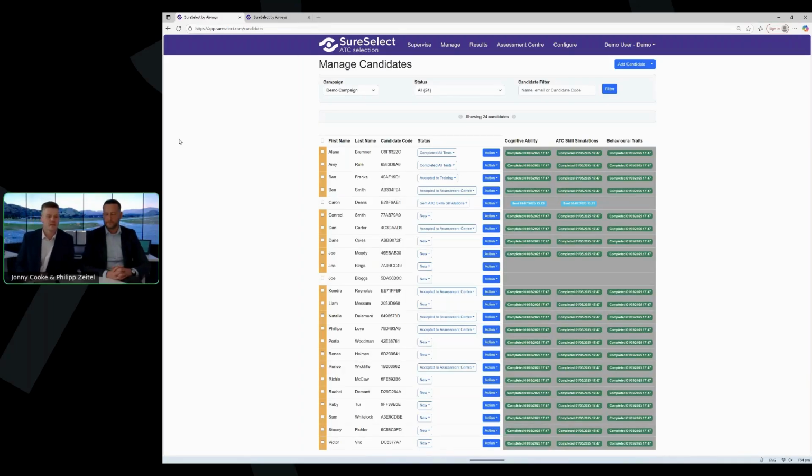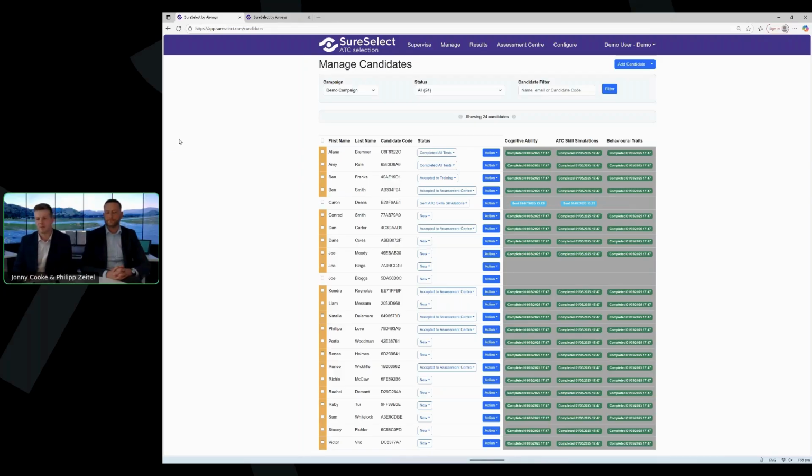We'll start on just our managed candidate screen here. So, I talked about automation. That was a really important part of this. So, we can put up an online form where people register their interest, and they can then, assuming they accept the terms and conditions, you might have some initial criteria that they need to meet. It might be a minimum age, for example. If they meet those criteria, they submit their form. They're automatically added into the current active campaign.